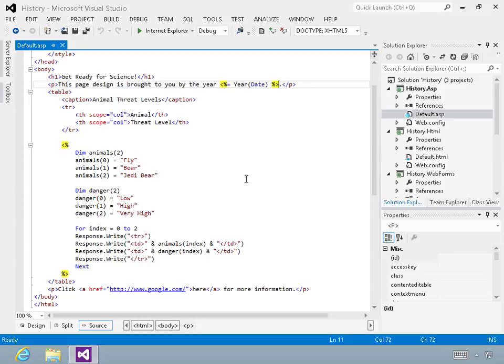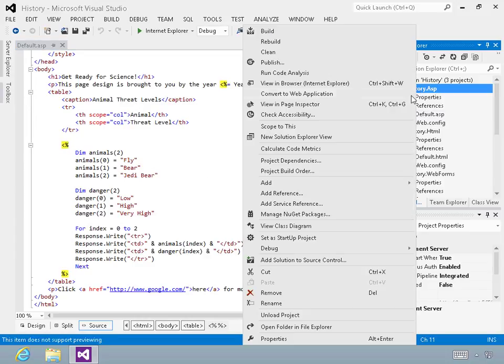In fact, it's literally a scripting language that just happens to be processed on the server side before HTML gets sent back to the client. So when your browser requests an ASP page, the server, before it serves it up, goes through the page, finds these little marks, and it processes that code to produce HTML, and then it returns whatever it produces to the web browser. So if I actually run this page,